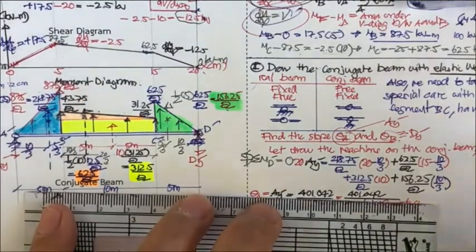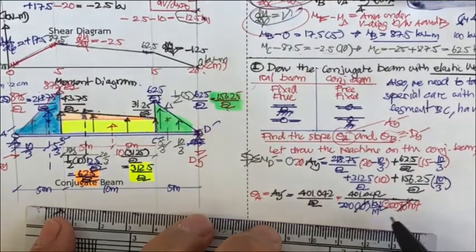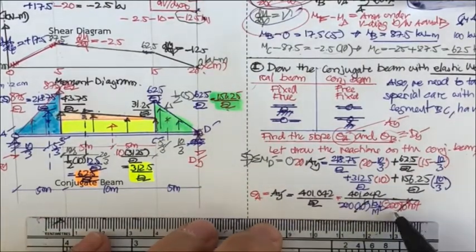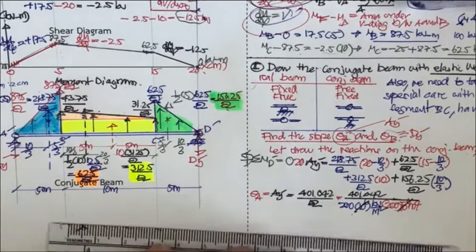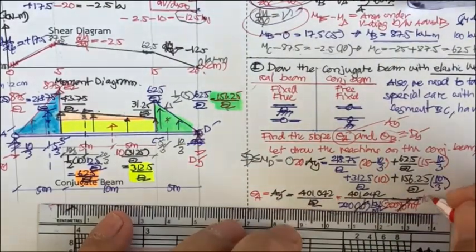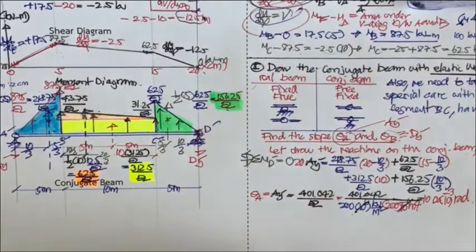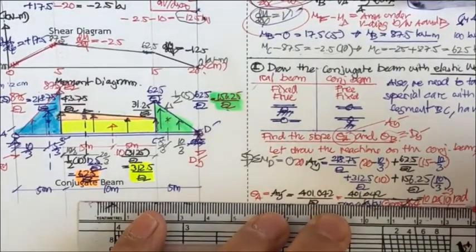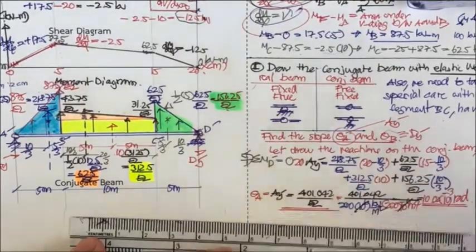Okay, if you put them in, you may cancel this and this, and it's just this one divided by 200 and 200. This is going to be equal to 10.02 times 10 to the power minus 3 radian. That is going to be the value of this, and you also have this as the one in